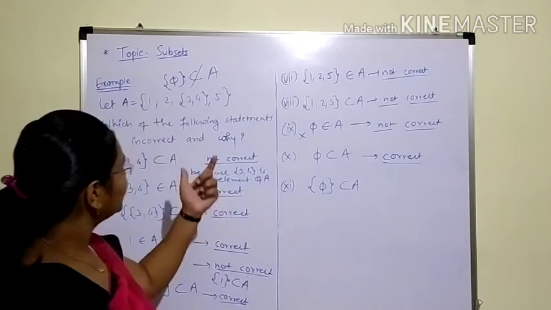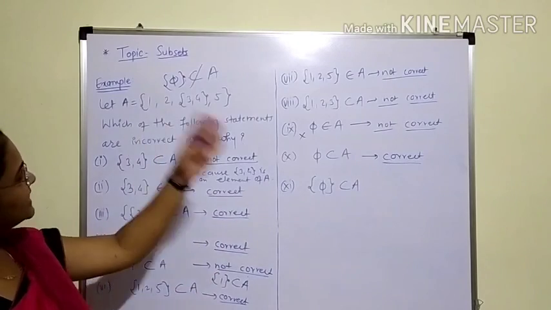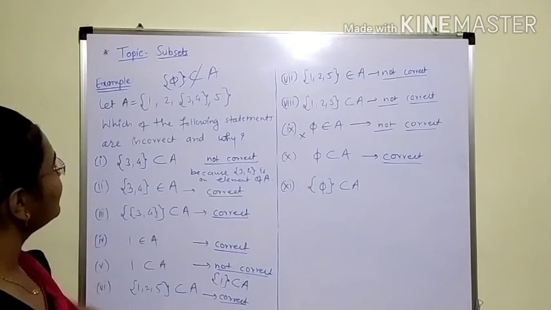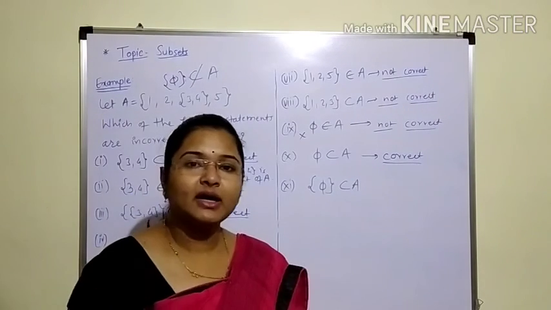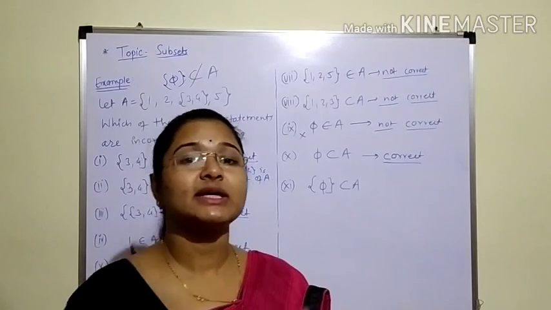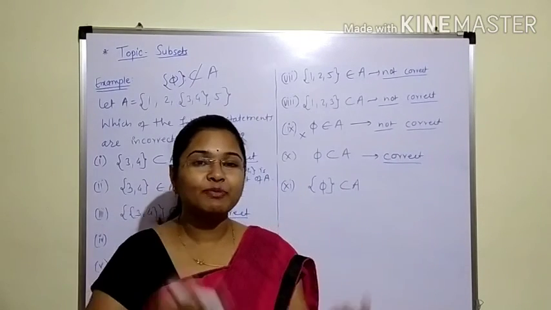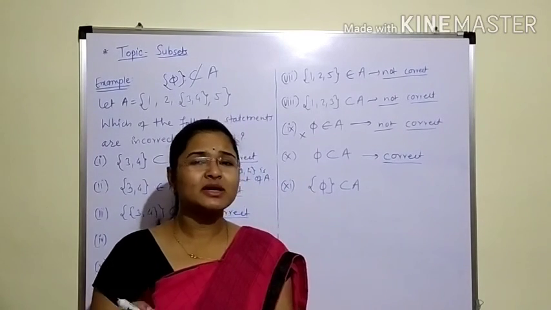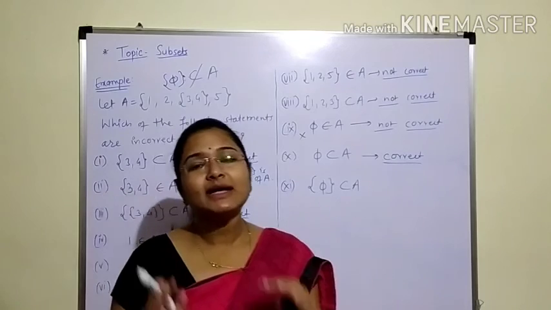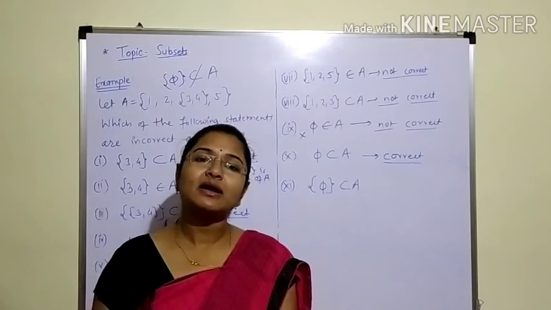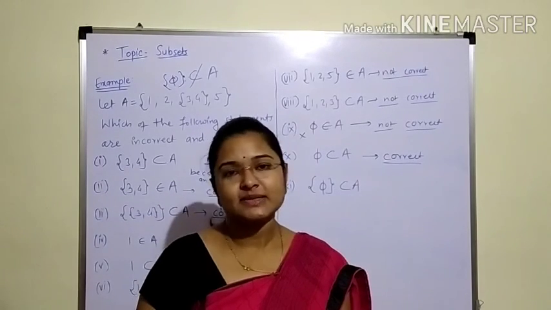Okay, so here we have seen all 11 statements. I have explained all of this. So now you got the idea which one is the subset, which one is the element, which one is a member of the power set. Those elements that are members of the power set, those sets are subsets of the original set. Understood?